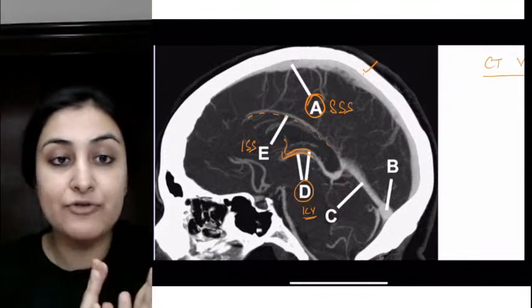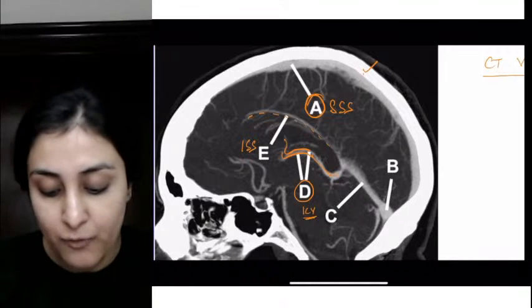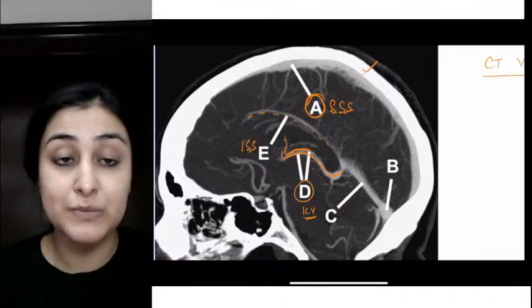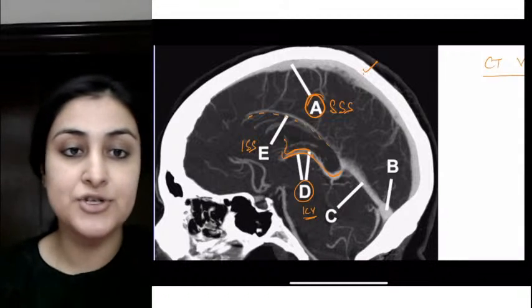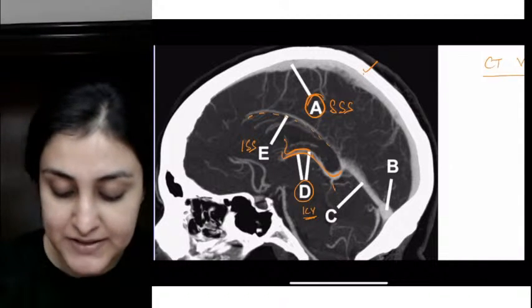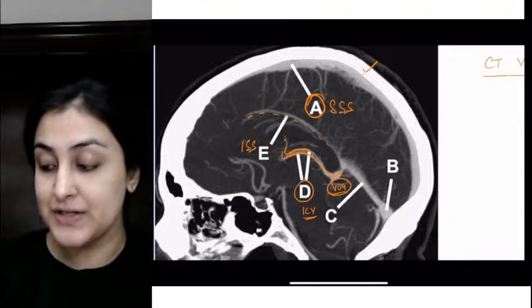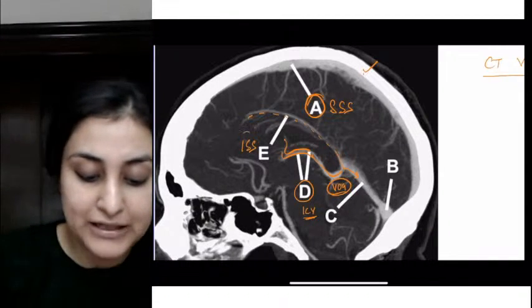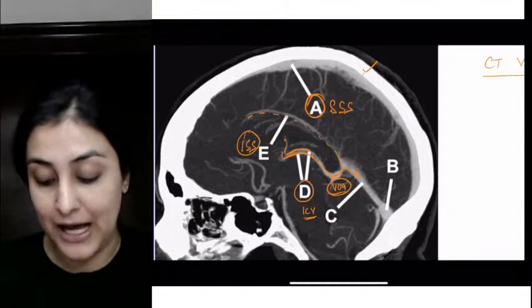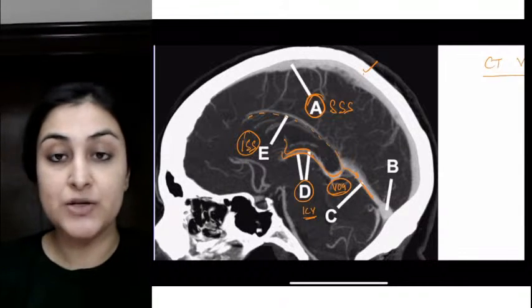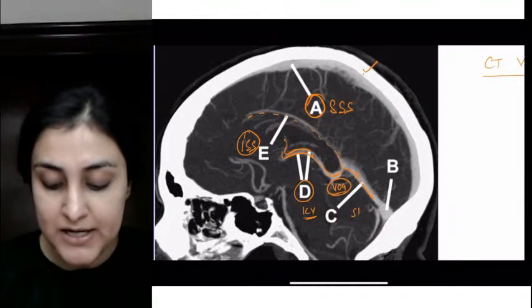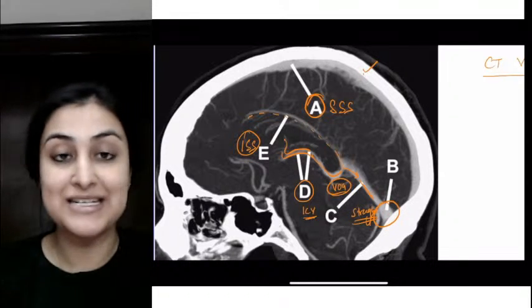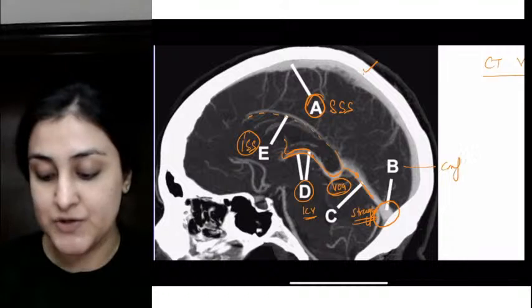The two ICVs will combine to form what? What are they going to combine to form? That vein which can get aneurysmally dilated, whose precursor gets aneurysmally dilated. This is vein of Galen, right? So this is vein of Galen. And vein of Galen, when it combines with inferior sagittal sinus, what is it forming? What is the structure marked C? It forms straight sinus, right? So this is straight sinus which is all accumulating here at confluence of sinuses.